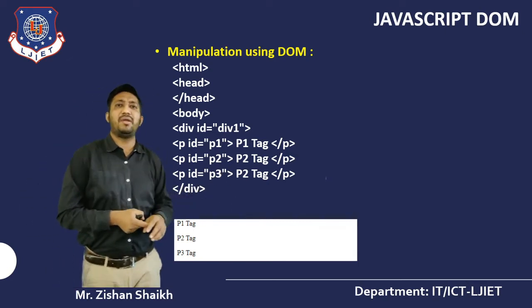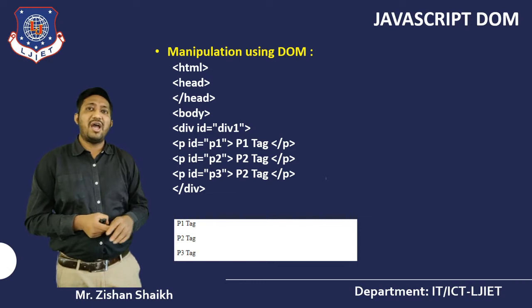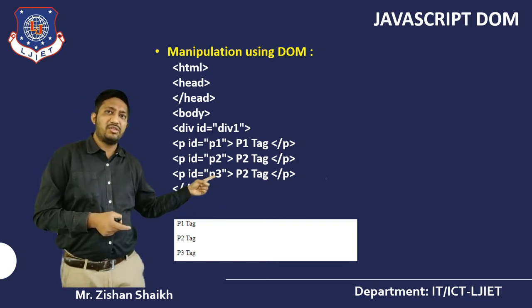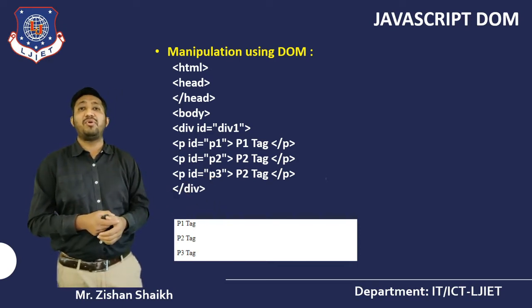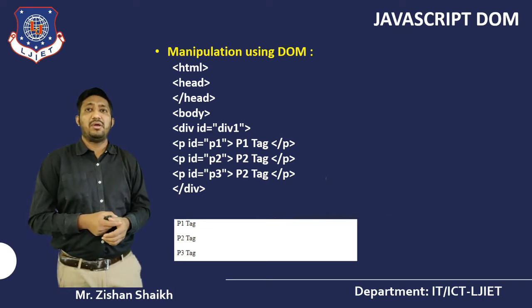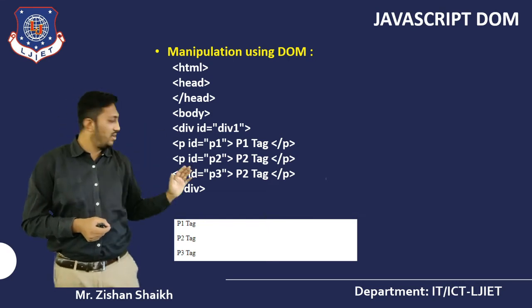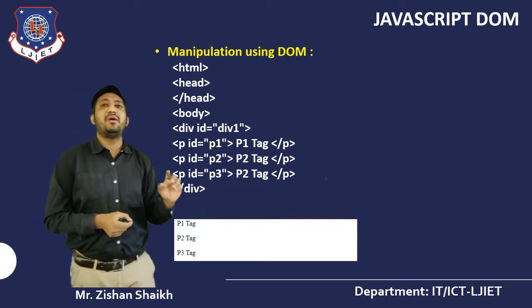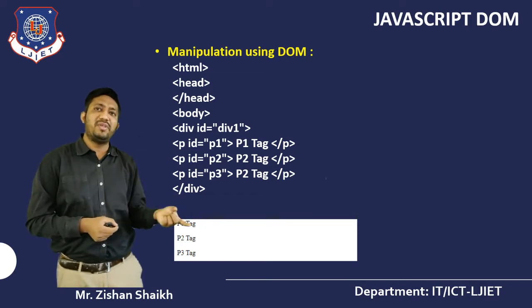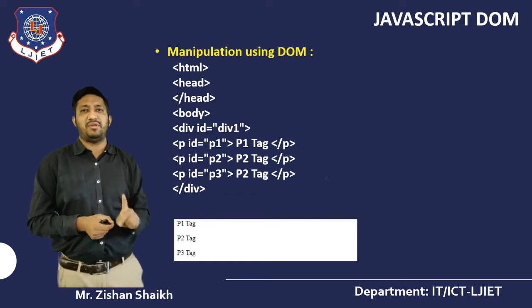Now what happened here? Suppose I want to remove this one. How can we do it? Manually, you would go into the code and remove this line. But if I want to perform this with the help of JavaScript,